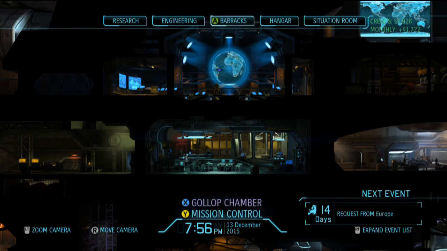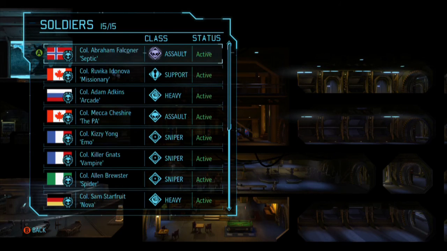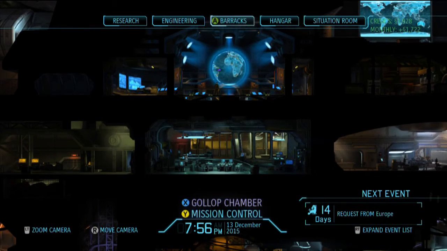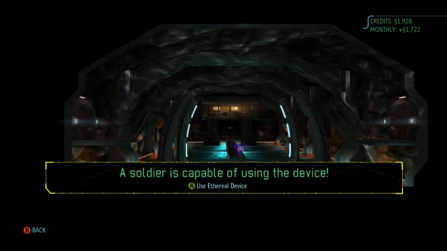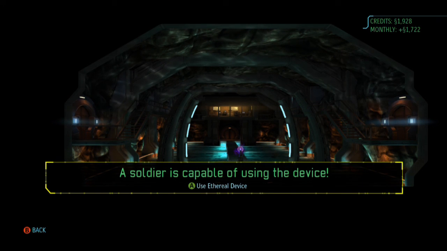And next time, folks, we're going to be preparing and outfitting the final squad of the game to take on the final mission of the game, when Colonel Falconer is using the ethereal device. I shall see you